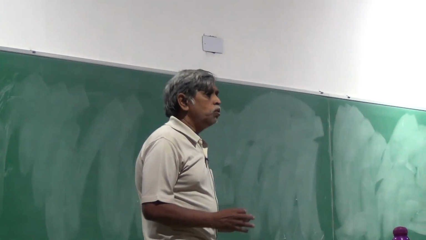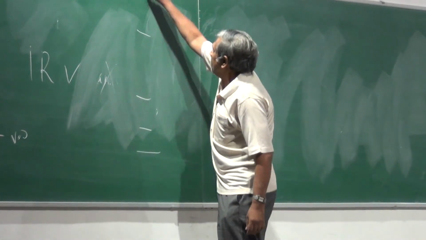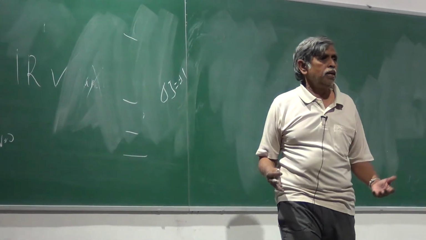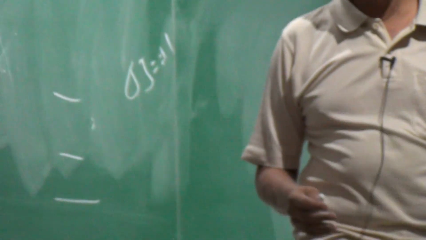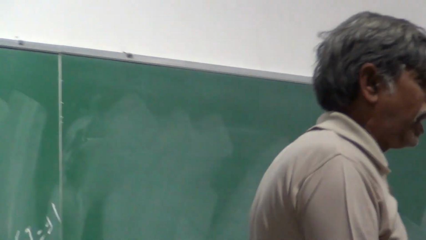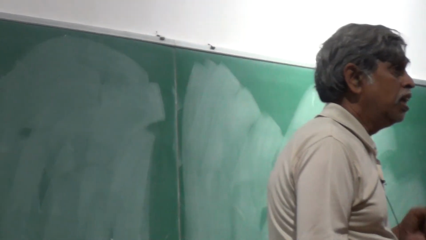What was the selection rule in an absorption process? We saw that delta J must be equal to plus or minus 1, and where was this plus or minus 1 coming from? When you evaluate the transition probability integral, throwing in the appropriate wave functions, and packaging the wave functions with the dipole moment operator, evaluate the integral, you will find that every time the upper state and the lower state differ by 1 quanta of J, the integral is non-zero. If they do not differ by 1